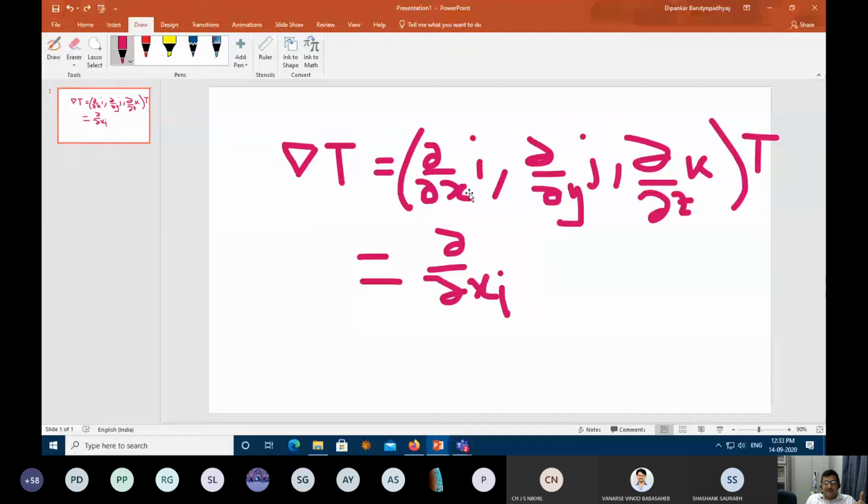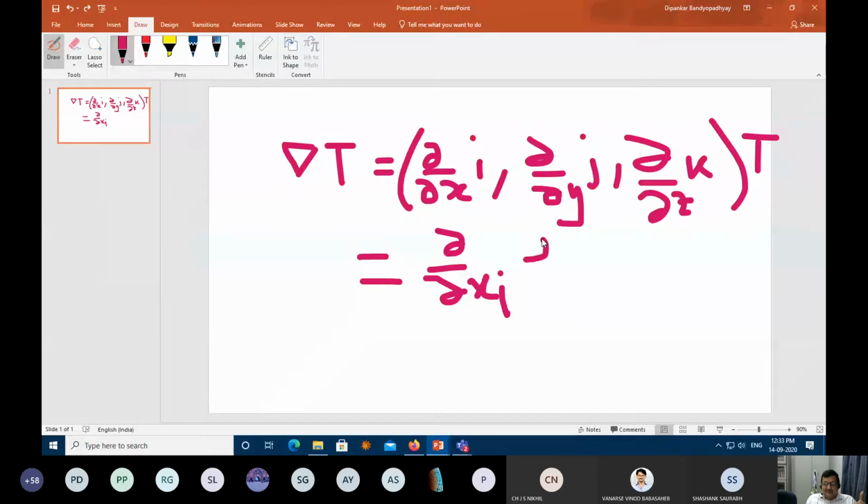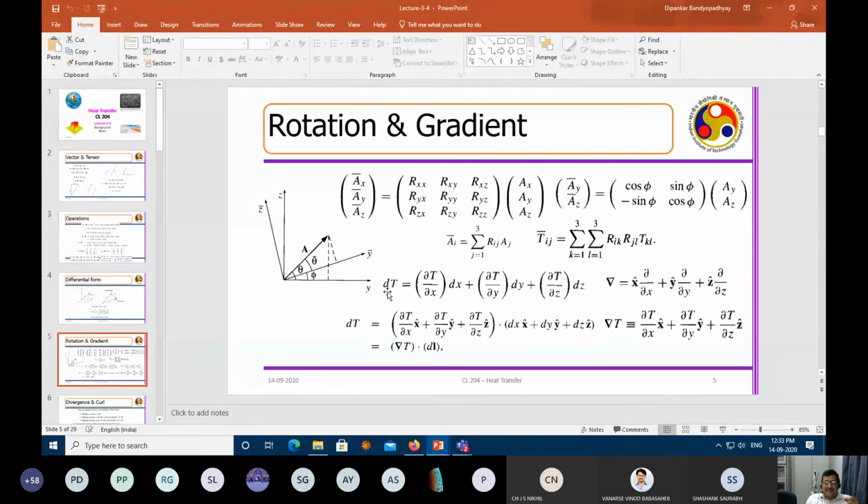I have to do a little bit more practice with this Microsoft tool. It's a very beautiful tool, but more practice is necessary for my handwriting. Okay, so del xi ei. I am just converting this into the vectorial form, and then I put this t, and that is what is called the driving force or the temperature gradient. So here you can see that dt means the change of temperature: del t by del x dx, del t by del y dy, del t by del z dz, correct?